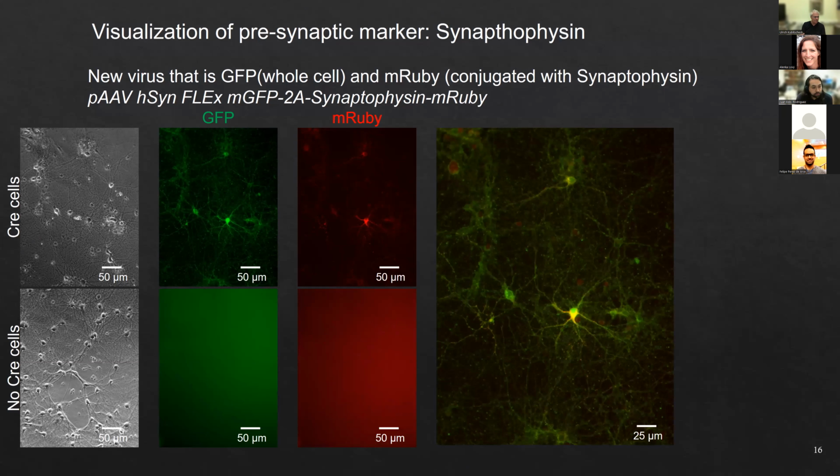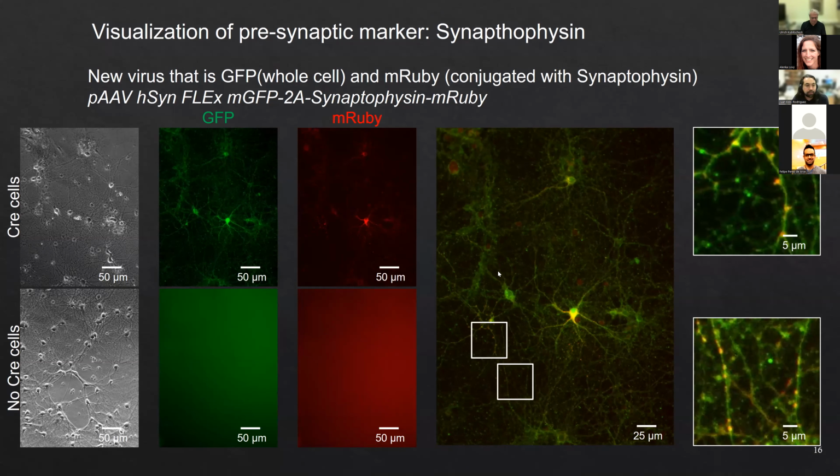So here is the test with Cre cells. I mean, we use Cre mouse in order to only target a specific group of cells. That's the positive and negative control. And there we can see what this virus will do. So we will have GFP expressing in the complete cell, and only in the synaptic terminals we will have red